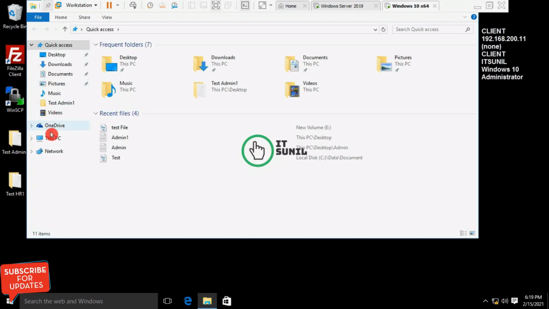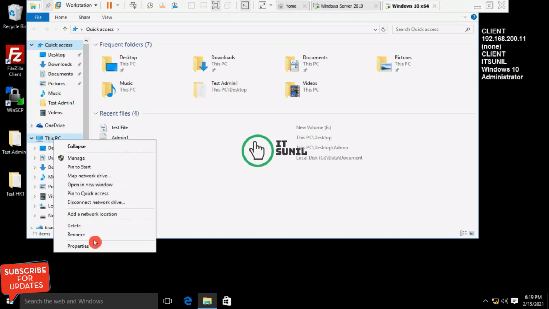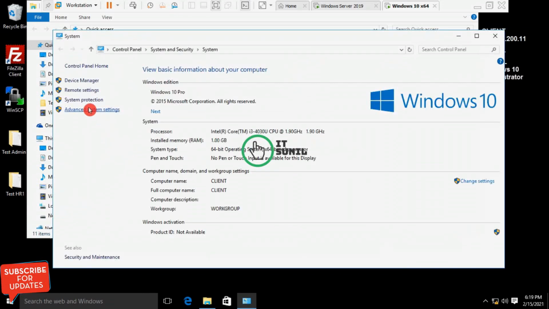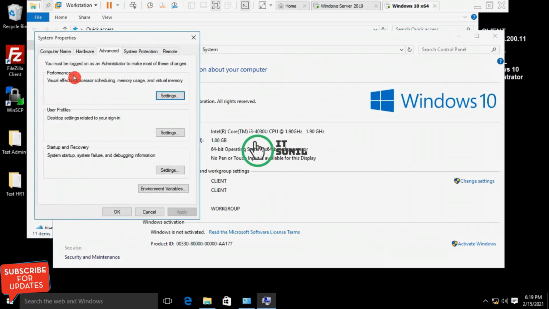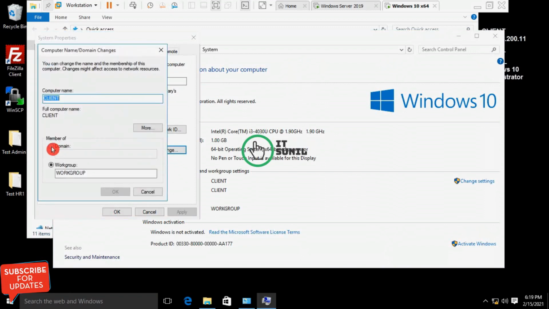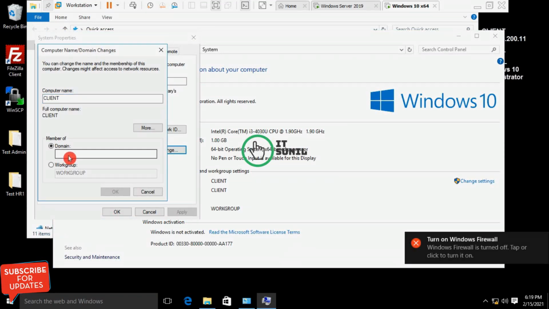Now right click properties, advanced, change computer name, select domain and type the domain name, itsunil.local.